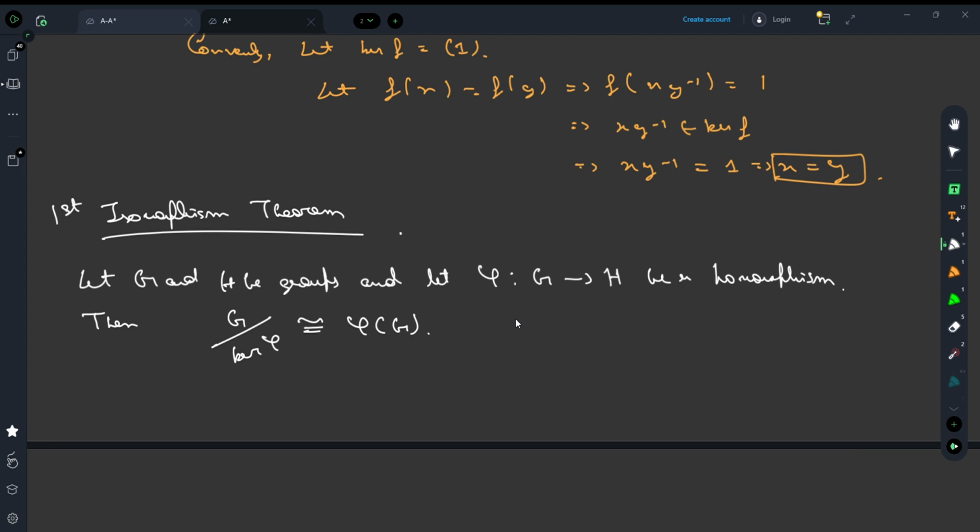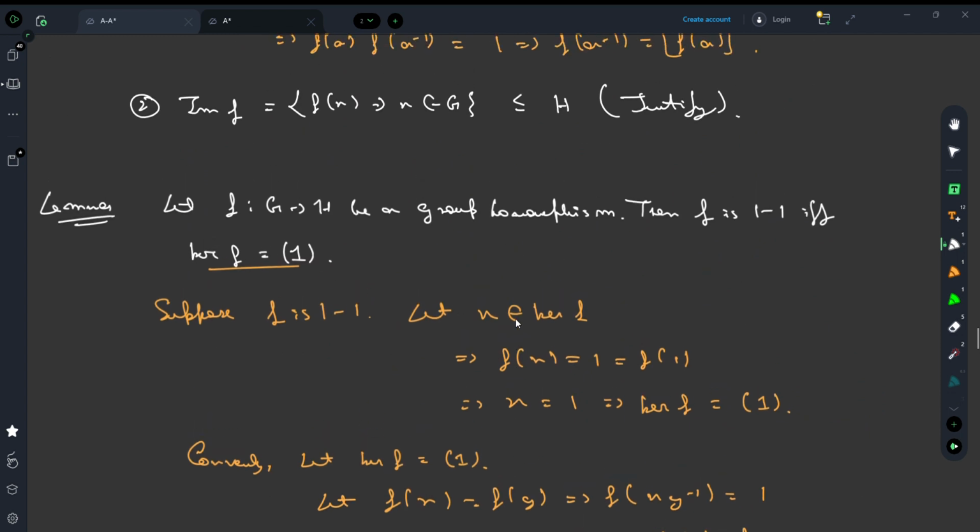One more justification we would need here is that the kernel is a normal subgroup of G. But that's again a very easy exercise, right? I can just add it up here. Also, kernel of f is a normal subgroup of G. Okay, and it's obvious because